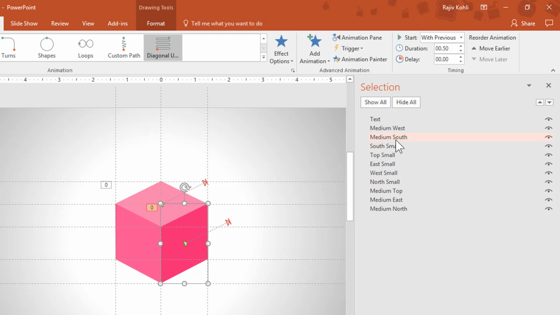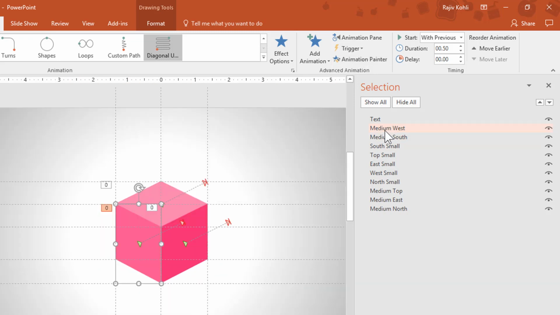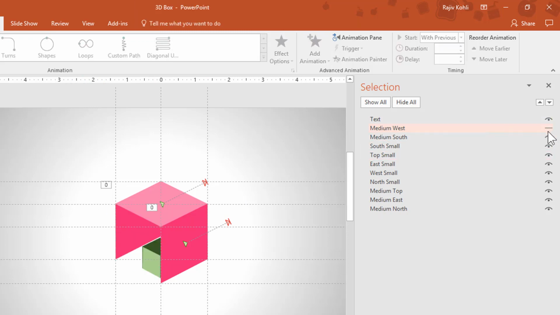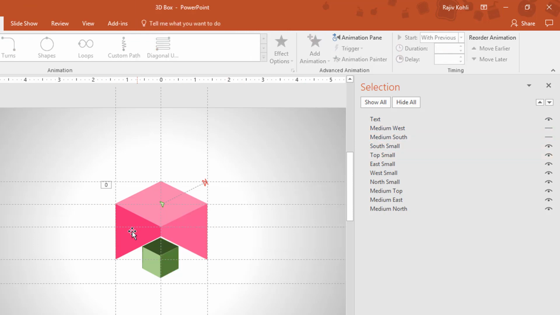Now as you can see, Medium South is selected, and now I click on the Animation Painter and then click on this part, and that will get animated as well, Medium West. So now I'm going to hide Medium West and Medium South so I can see the remaining parts.